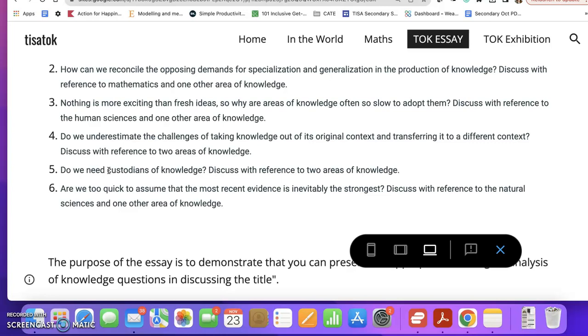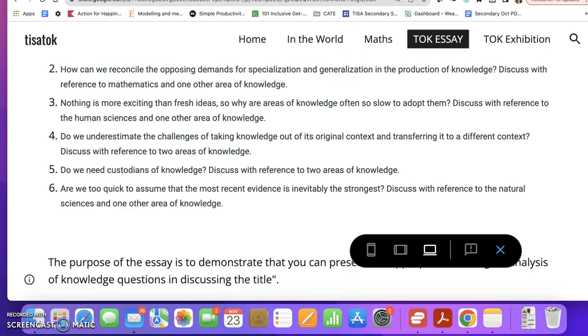For example, the idea of the scientific method, having controlled variables, or going through peer review are all examples of this idea of being a custodian of knowledge. That would provide another jumping off point for her to kick up some new knowledge questions about this idea of custodians in the arts again, or maybe in the sciences.